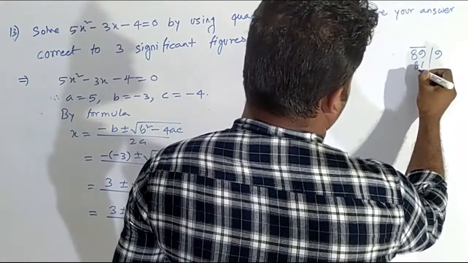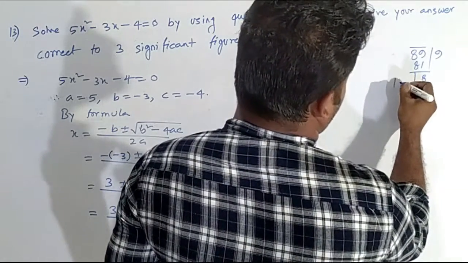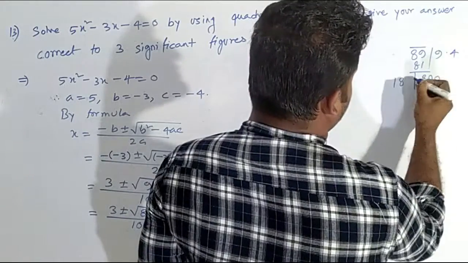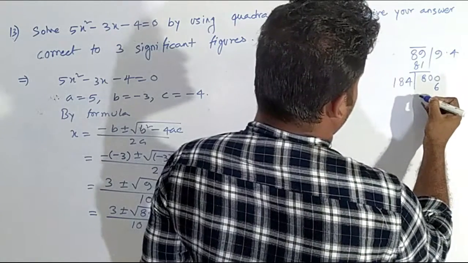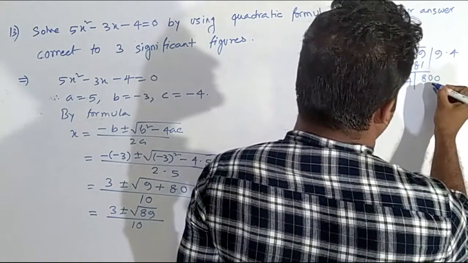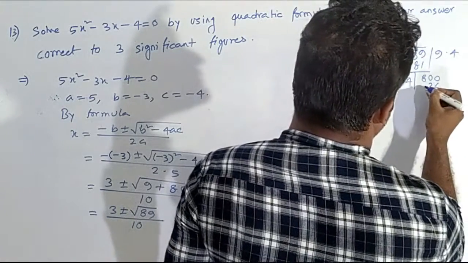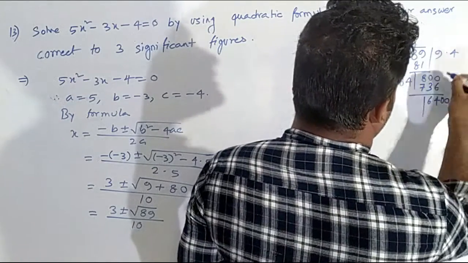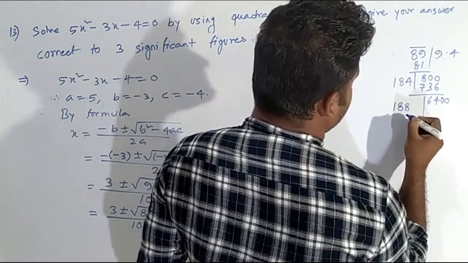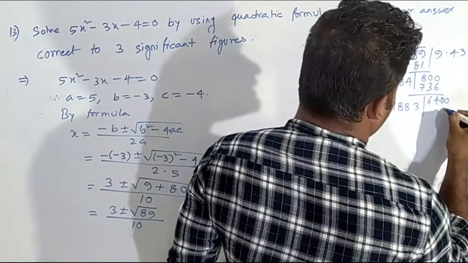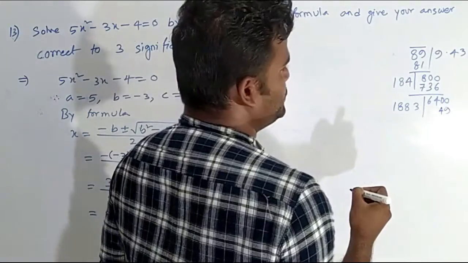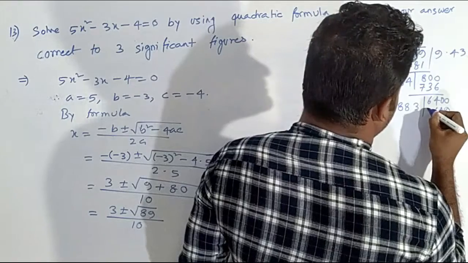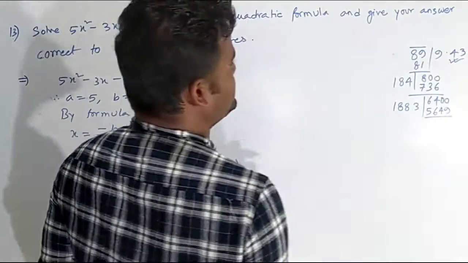Now again we find the decimal root of 89, so 89 one pair, so we divide this by 9, it will be 81, this is 8, and the double of 9 is 18, now take a decimal point, so this is 800. Now we take the number 4, now 4 4s are 16, and 4 8s are 32 plus 1, that is 33, carry 3, 4 1s are 4 and 3, that is 7, and this is 4 6. Now again we take two zeros and double of 94, that is 188. Now we take the number 3, 3 3s are 9, 3 8s are 24, carry 2, 3 is 24 and 2, that is 26, carry 2, 3 1s are 3 and 2, that is 5. Now we get two decimal places.